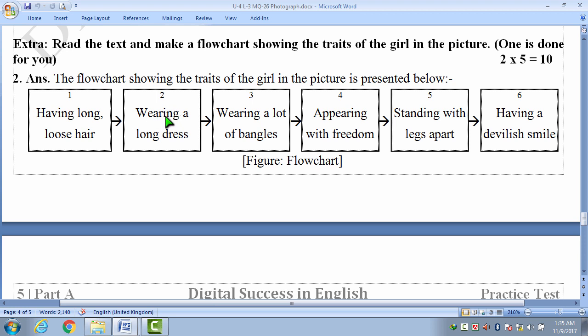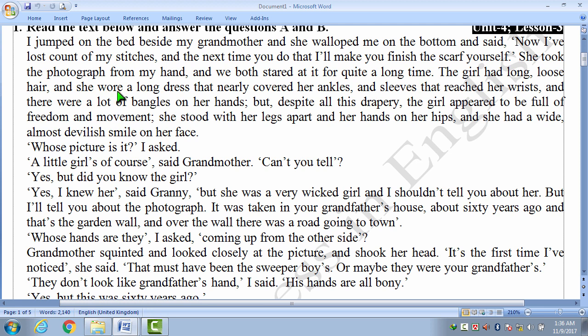এখানে আছে আমরা তথ্যটা দিয়েছি wearing a long dress. Wearing a long dress তথ্যটা আমরা এখান থেকে নিয়েছি, she wore. wore past tense আছে, wore এর বেস ফর্ম হলো wear, w e a r, wear. wear এর সাথে ing করে wearing a long dress এটা লেখা হয়েছে।